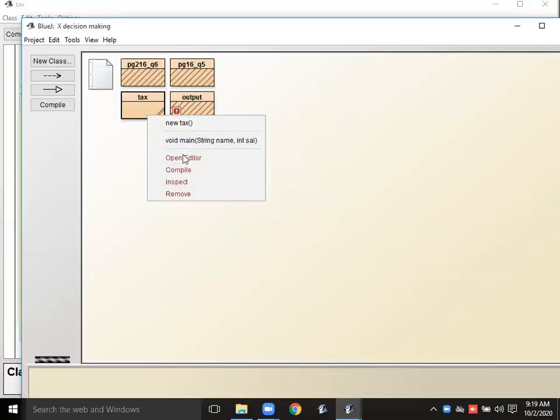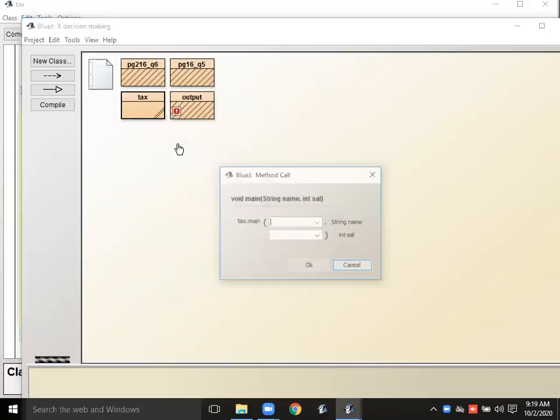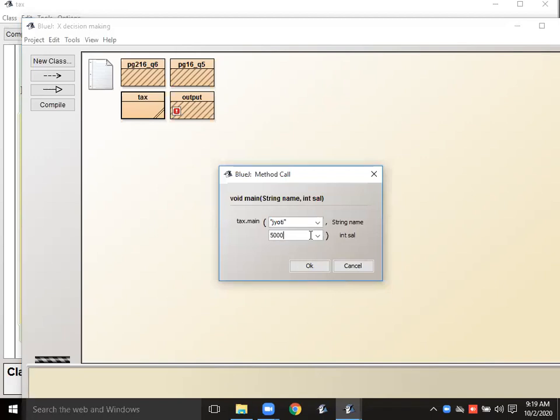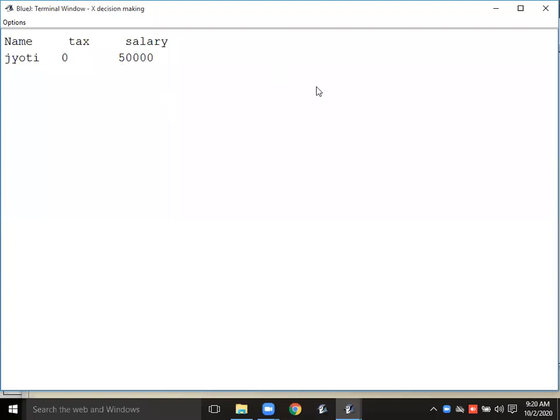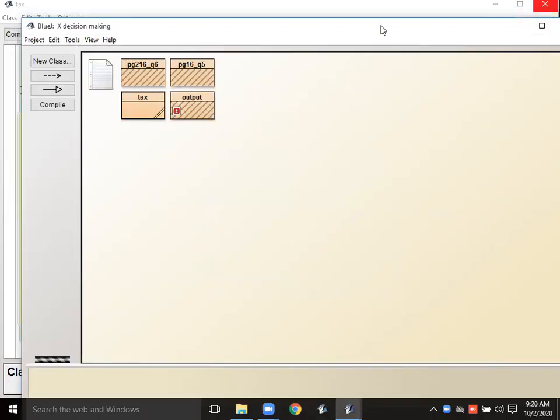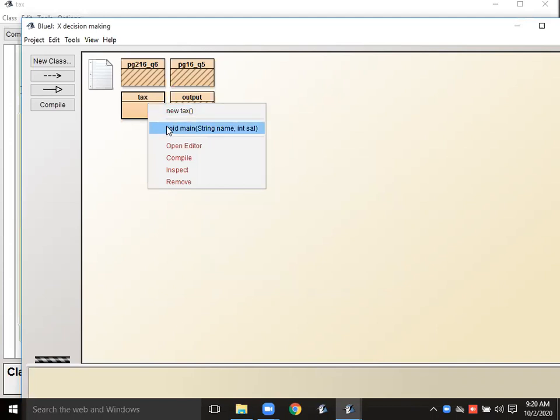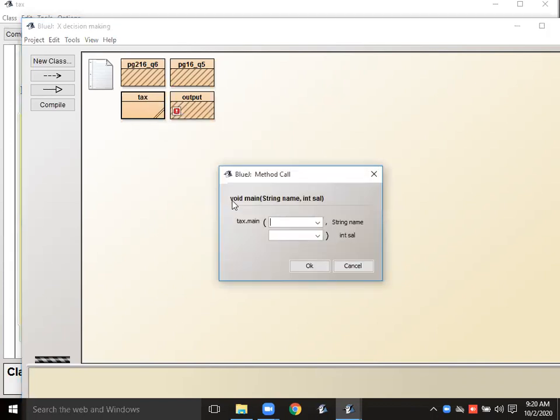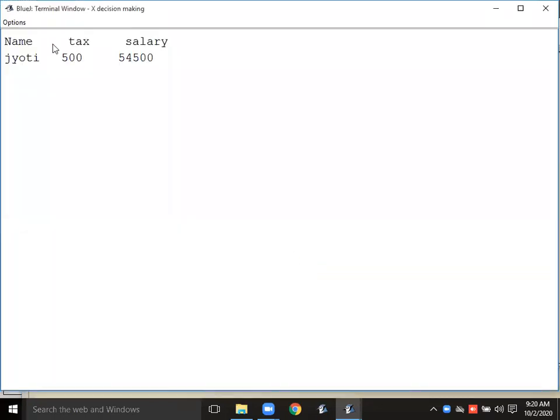Right? Now, if I am giving name in the double quotes I have to give, and if I am giving 50,000, see that, no tax. Okay. Then after this, if I'm giving 55,000, see that 500 only, tax 500.